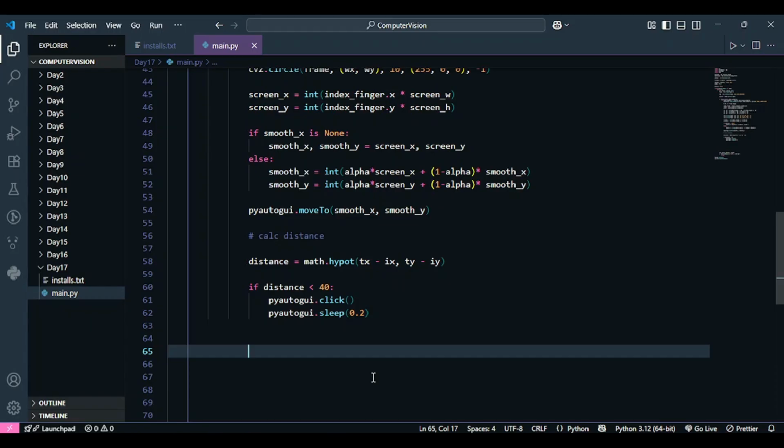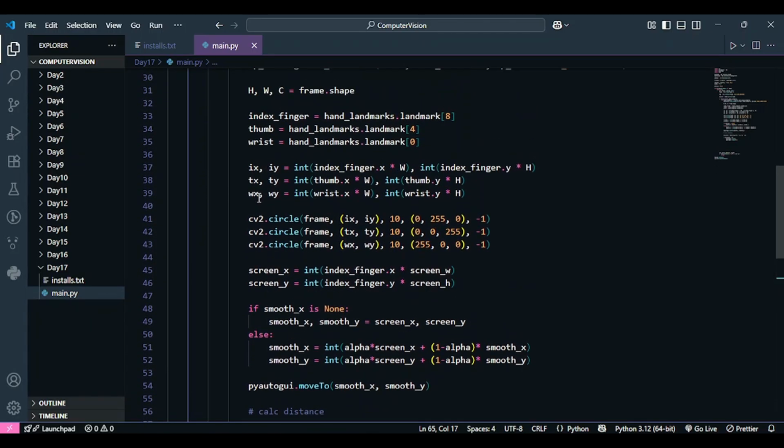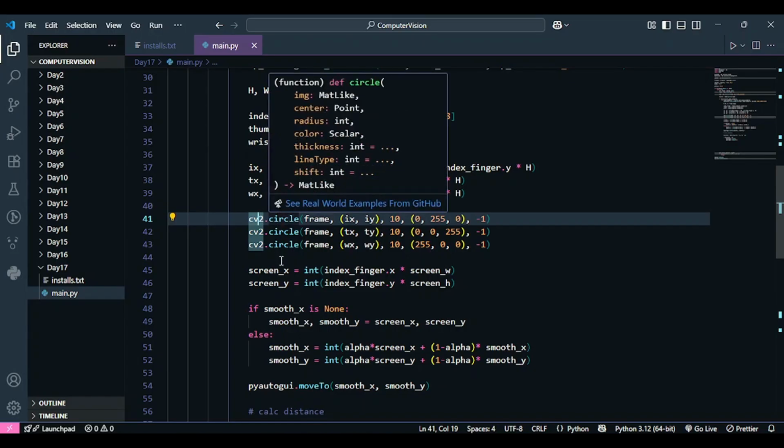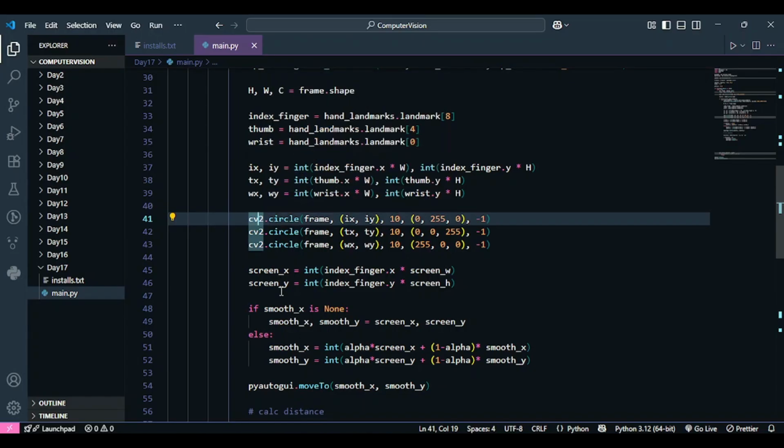For that we are going to do a few things, and I'm going to tell that step by step. So obviously my wrist is going to have some Y coordinate. Over here it is having some X value and it is also having some Y coordinate, but we're only concerned with the Y coordinate, because if my hand is moving up or down, only the Y axis is changing. Even if the X axis is changing, we are not concerned with it. So we're only concerned with the Y coordinate.